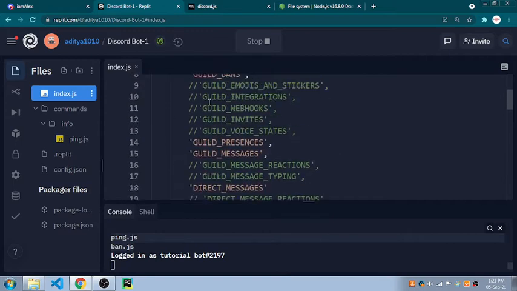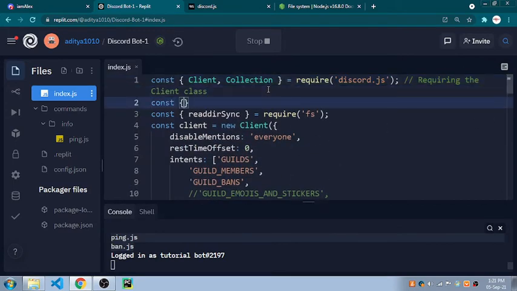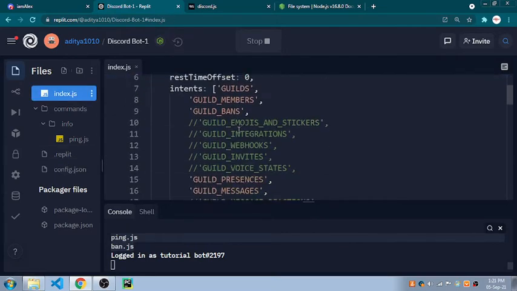Now we're going to import prefix from the config.json. So const something equals require('./config.json'). Now we're just going to import the prefix which we just defined here. Now we are going to do